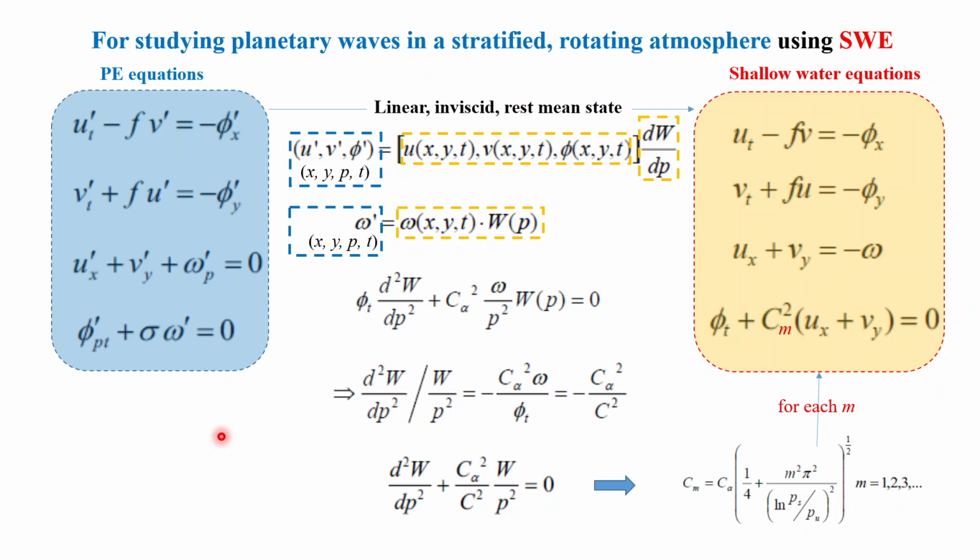One way to show this mathematically is to start from the primitive equations for the atmosphere. The set of equations on the left-hand side are the linearized horizontal momentum equations, the continuity equation, and the thermodynamic equation. Through normal mode decomposition, decomposing the variables into horizontal and vertical structure functions, we are able to derive the set of horizontal momentum equations